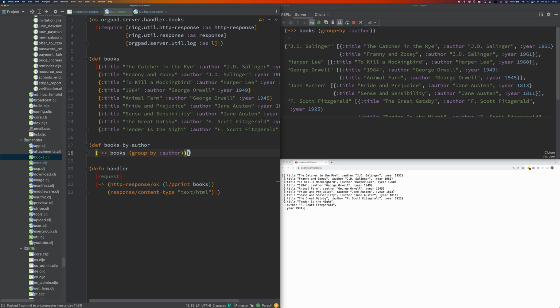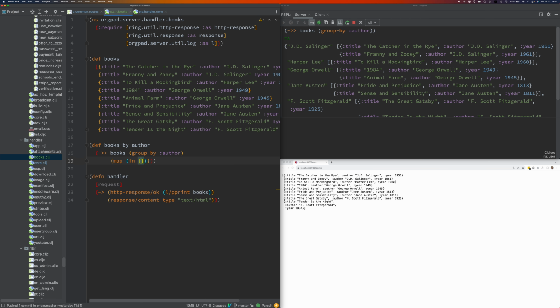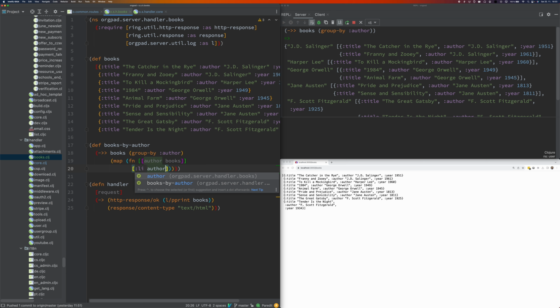Okay, so suppose that we want to transform it into hiccup format. So what we will do is map this. We have our author name, and then we have books for this author, like this. So we will do li as the element of the list with the name of the author.